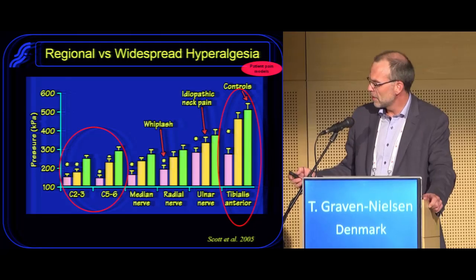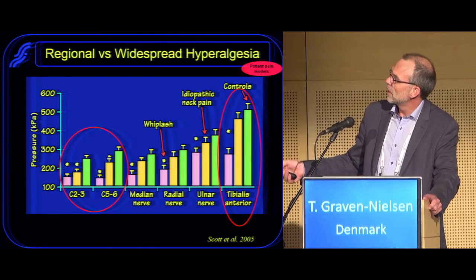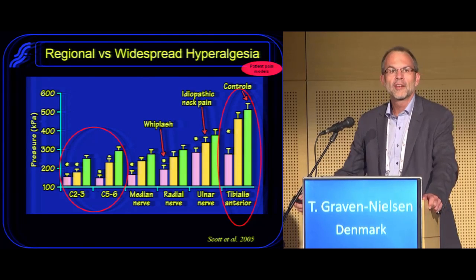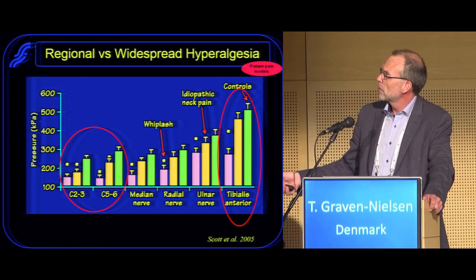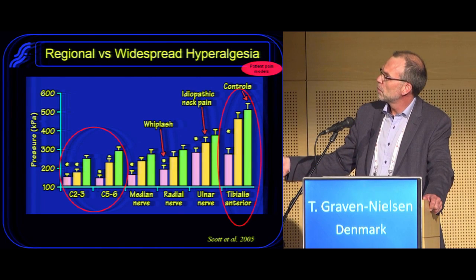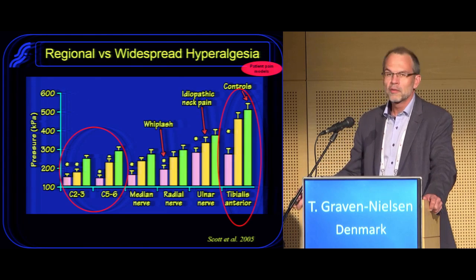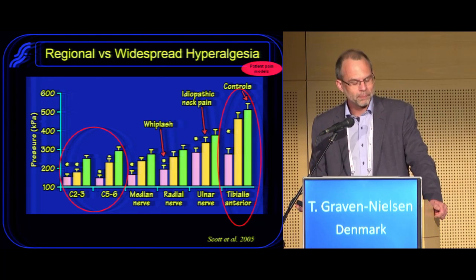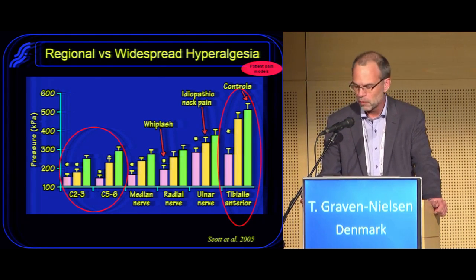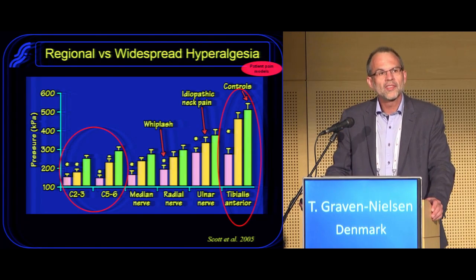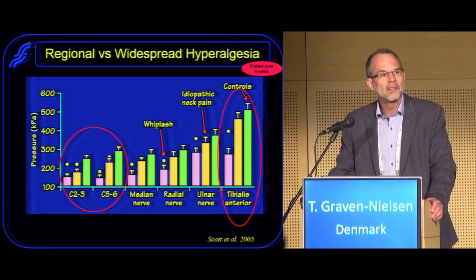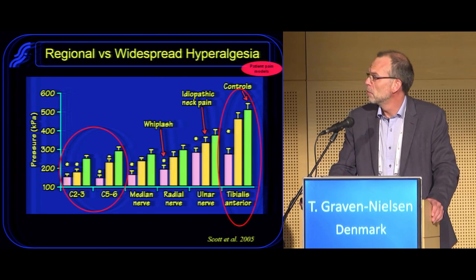But what is interesting is that if we look at the site very distant from the actual injured structures, then there is a reduction in the whiplash-associated pain patients, but not in the idiopathic pain patients, whereas in the neck area, of course, the pressure pain thresholds were very much reduced in both categories. Just to illustrate that the design of the protocol is fundamental for getting the right information